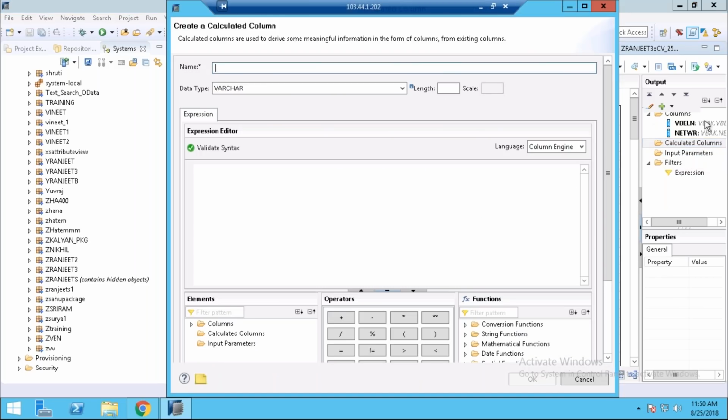Calculated column means we can create our own custom fields. Suppose we are consuming the VVAK table, and we have a requirement to do some addition and some filter, and on the basis of wavelength we need to generate some other field with a value. So from here we can give a field name,